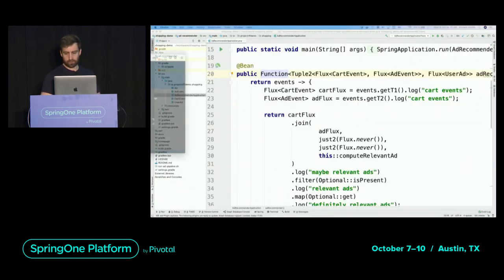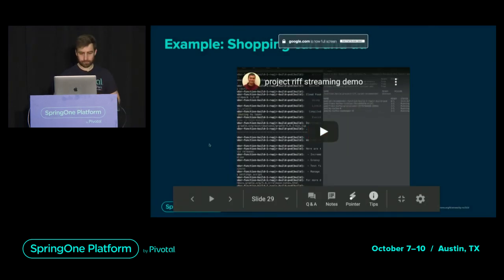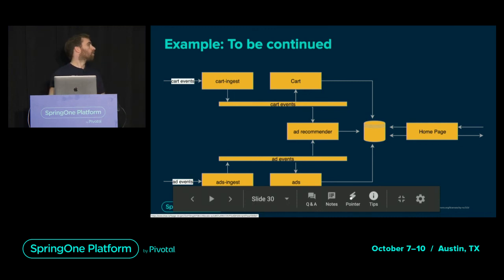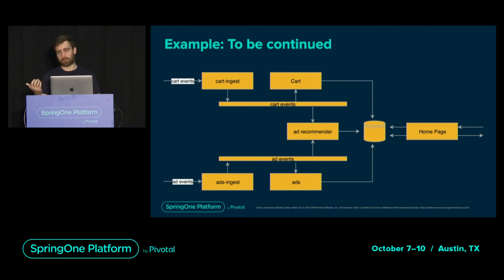If we had more time, we would expand the demo to be a bit more complete. So the ad recommendation is just a step in what we could really show. Like we could, as Swapnil mentioned before, aggregate the results in a kind of table view, with the stream table duality that Mark mentioned earlier this morning. And then that would be easier to serve in a home page where you could see the contents of your cart and then ads relevant to whatever you have added or removed from your cart.